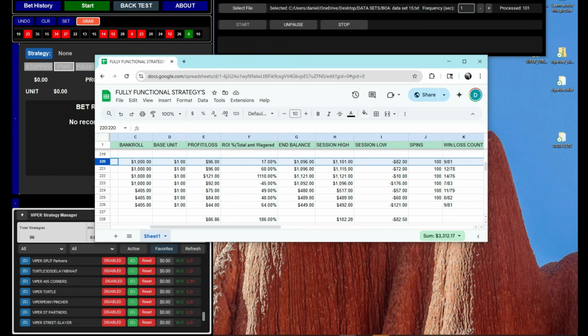If you slide over here, we got the 9 wins out of 81 spins, right? And then we're looking at the total amount wagered. So our session low, right? We risked $82 of our bankroll to gain a session high of $101. So that's a 17% ROI. That's where I'm getting that number from. So then you look at the next one,